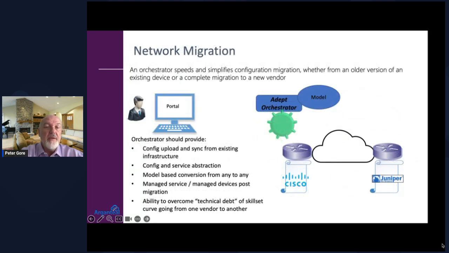Similarly, when you're doing a network migration, so an orchestration engine, these days, if you're going from Juniper to a Cisco device, or from Juniper to an Arista device, or Cisco to an Arista device, how do you make that happen in a fashion that is seamless? How do you make that happen in a self-documenting fashion? How do you make sure that the code is translated correctly from one platform to another?